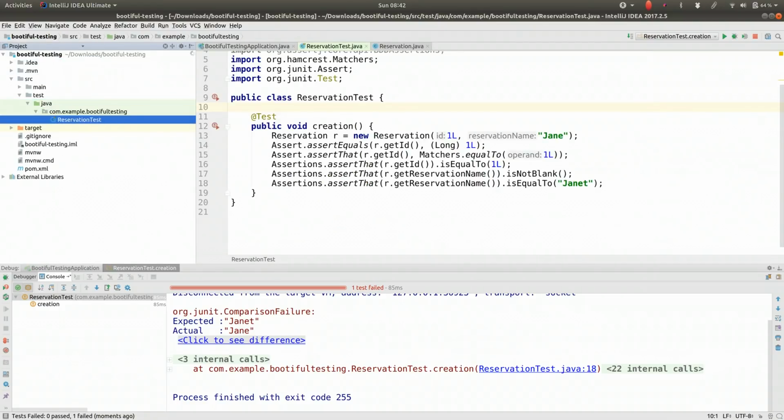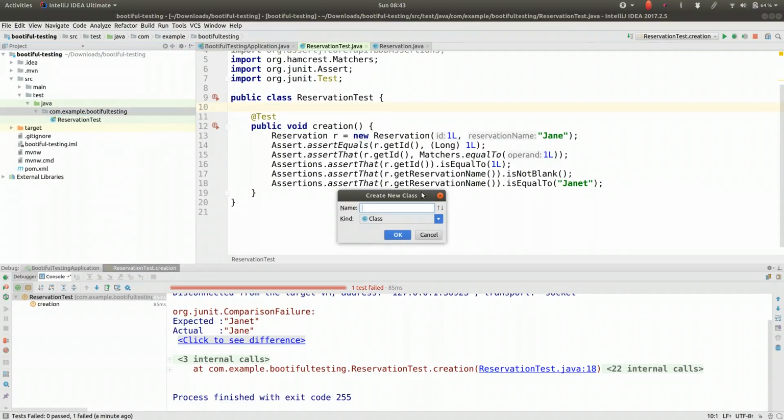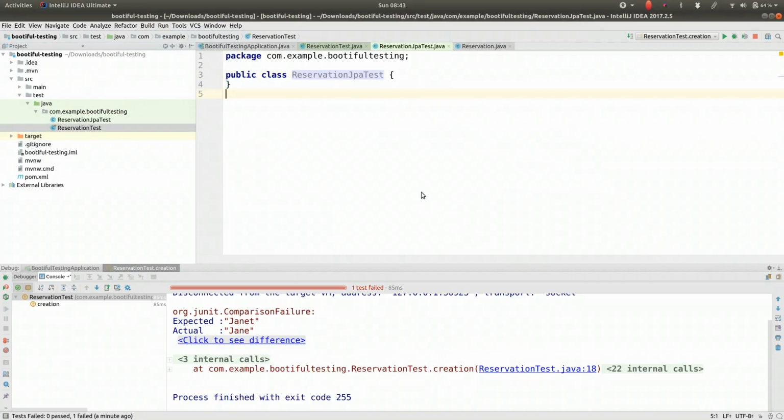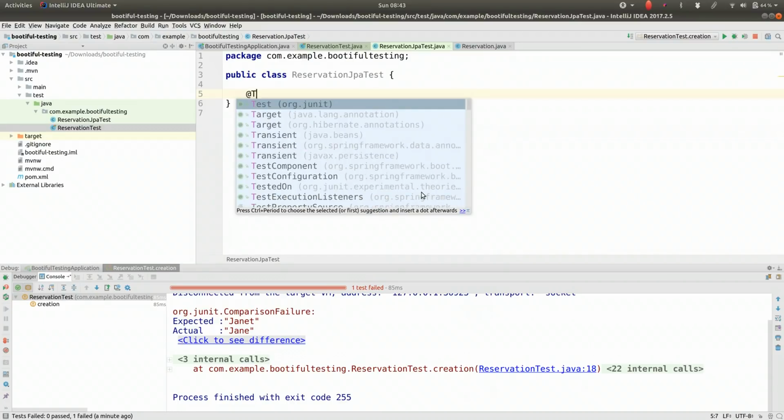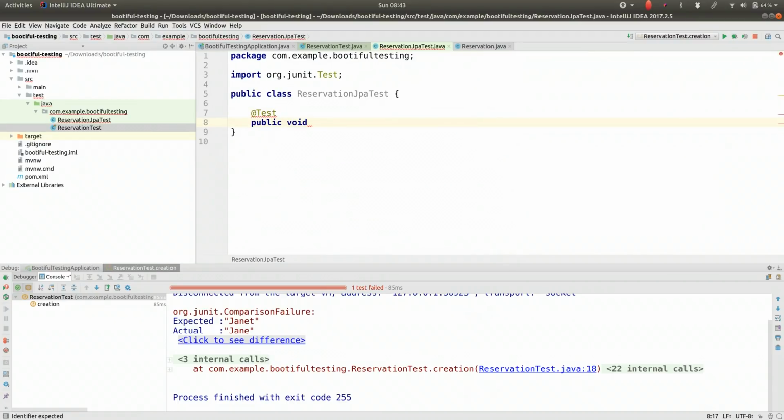Now, the next thing that we're going to want to test is the JPA mapping, right? So we've got a class, but it's not an entity. We just know that structurally it'll do the right thing. When I give it a constructor argument, it'll pop out given an invocation to an accessor, right? So that's working. We can say ReservationJpaTest, okay? And we can say test public void, and what we want to do is test the mapping, right? So I want to test the mapping here of the JPA entity when it interacts with the JPA entity